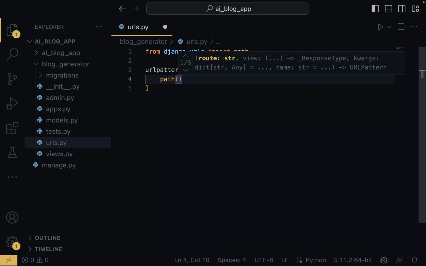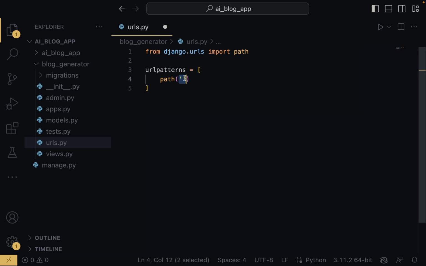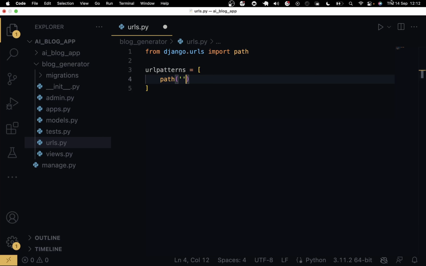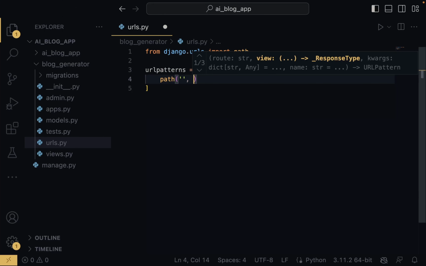So I'm just going to come in here, and to specify the home page in Django, what I just need to do is put two quotes and then leave it blank. This means I'm trying to create a URL that is specified for the home page. Now I'm going to say views. I'm going to have to import from views. So once again,